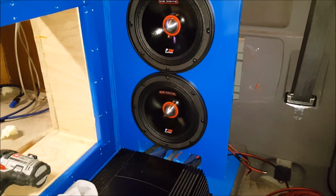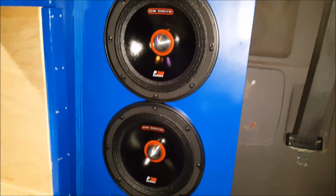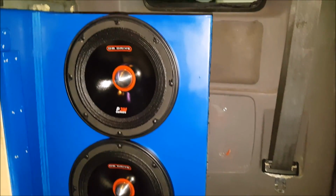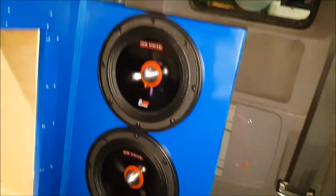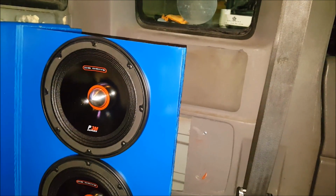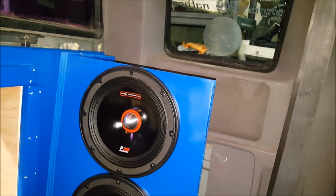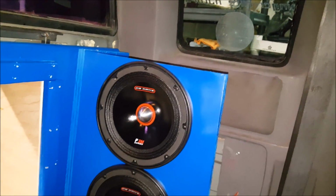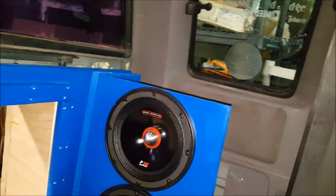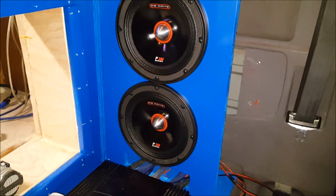Okay, got my 8s on that side screwed in. Unfortunately, they're not perfectly straight because it's hard to do it by yourself. There's actually a trim panel behind them, this plastic piece that holds on the face plates if you want to put those on, and those holes have to be lined up with the speaker holes. And holding all that yourself, getting them lined up, getting your impact ready, praying you don't poke it or screw it in too tight. It's a little complicated,